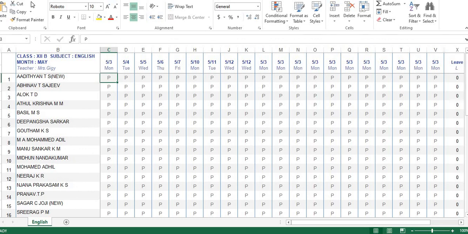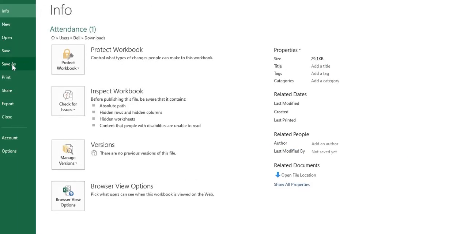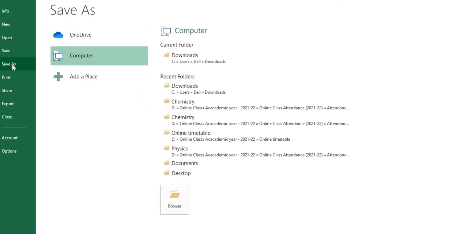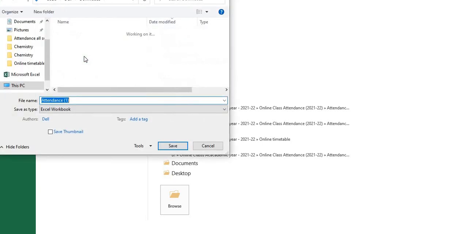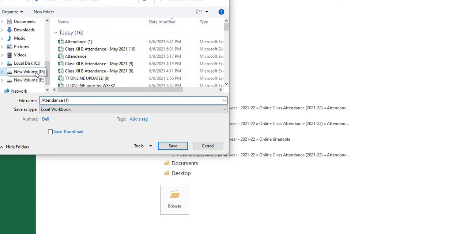Now what you're supposed to do is click on the file, it is not displayed in the screen. At the corner you have a file referred. Please click on that. As you click, it opens like this, and you have a save as option. Click on the save as option. Now where you need to save it, you accordingly have to find the folder and save it. So it is into my computer that I'm going to save it, and I'll select my new volume D to save all my